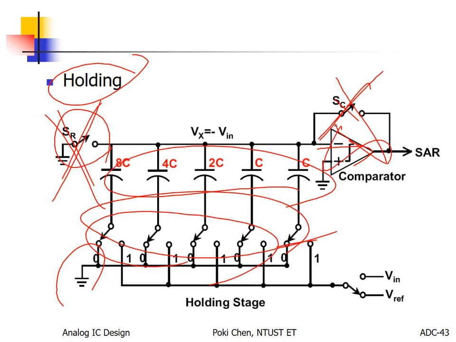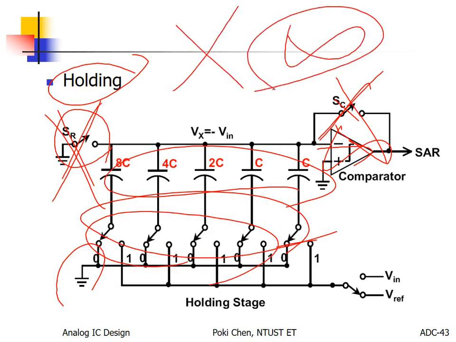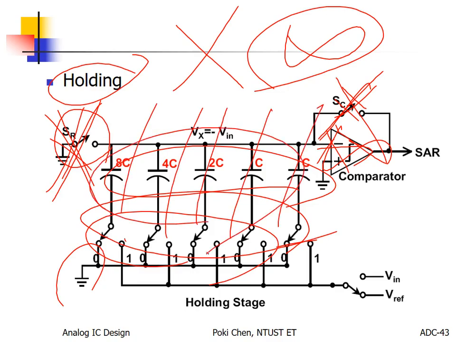It's still open. Open means what? Infinite resistance, right? So open here, open there. No way to charge or discharge your capacitors, right? What does it mean? It means the terminal voltage of the capacitor should be exactly the same after switching. Okay? But